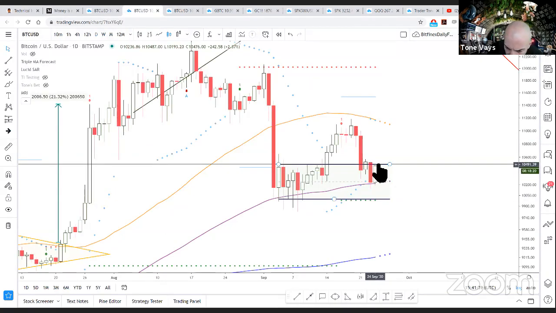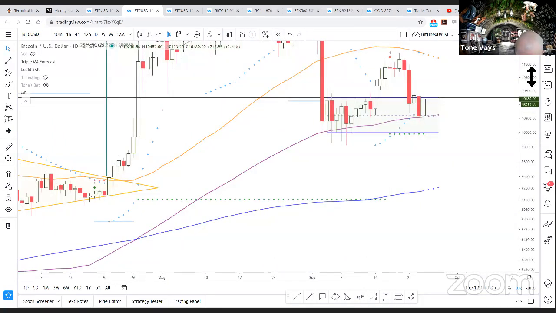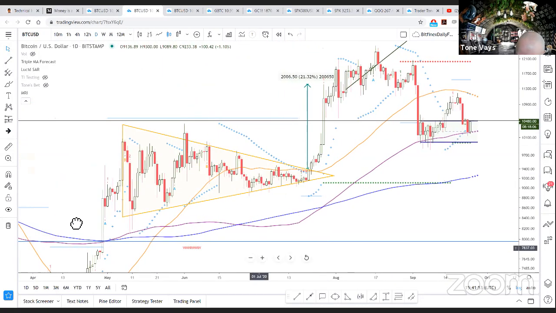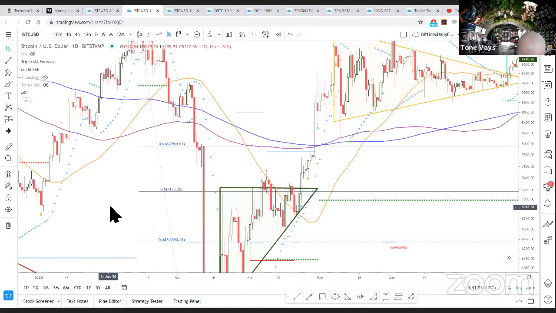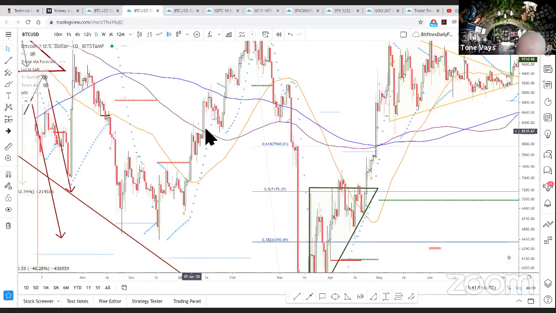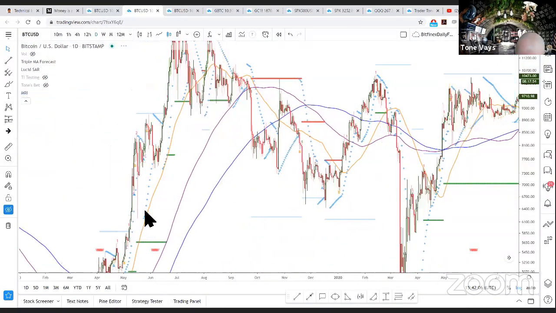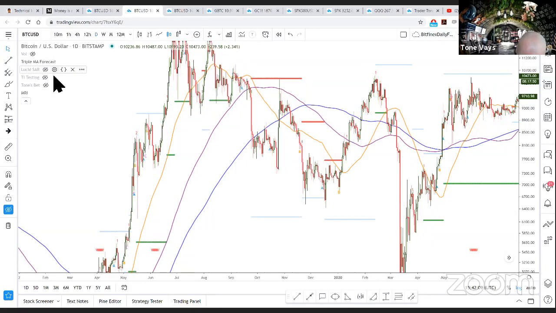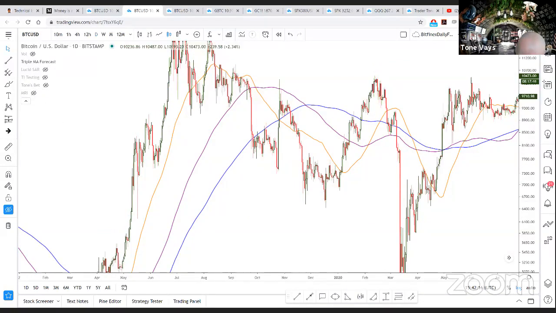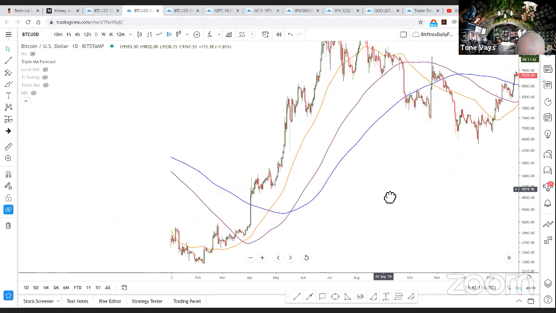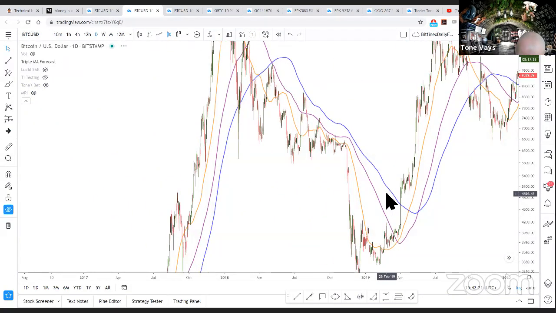We are now stuck under the 10,500 support, resistance. And we're now consolidating at a very critical moving average. The 128-day moving average is really fascinating. It's been very significant in the life history of Bitcoin, whenever it breaks hard. And very often, let me drop annotations, and let me drop the SAR. The MRI is not really in the way, but I can drop the MRI as well. If we only look at the 128-day moving average,